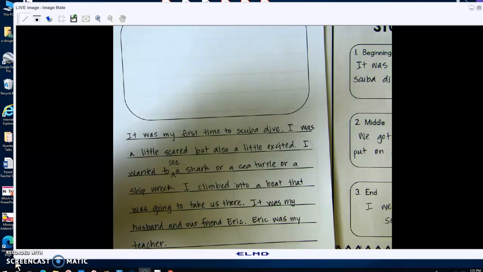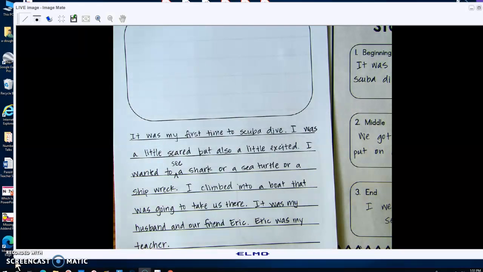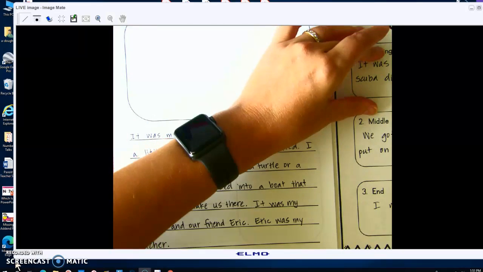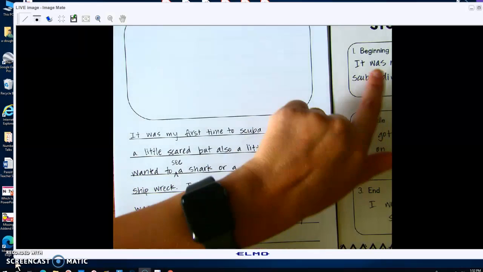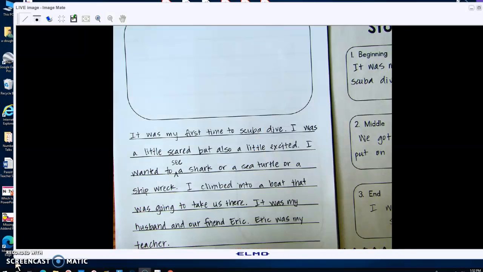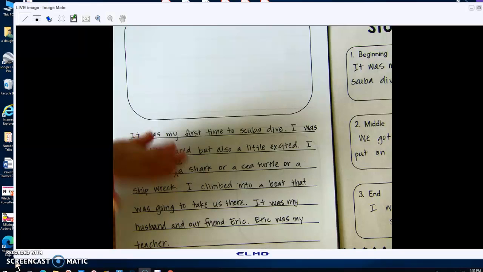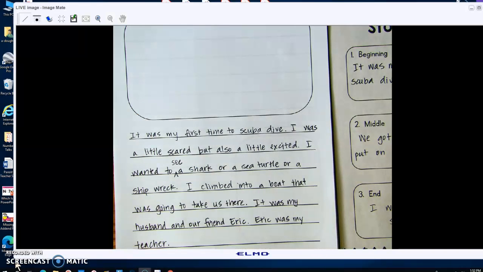Okay, now, this is my whole beginning of my story. Did I write more than I put here? Yes, this is just to remind me. So then I've got to think, what happened at the beginning of my story? How did I feel? What did it look like? Who was I with? What was I on? Where was I at? So I added all those things to my story. Now I'm not going to do the middle and end today. I'm just going to do the beginning.